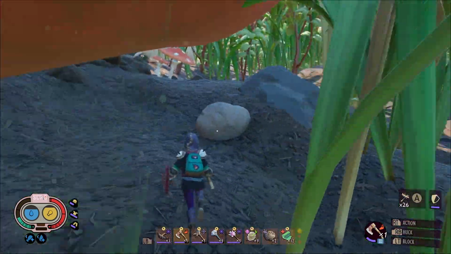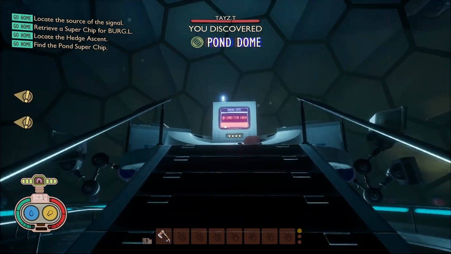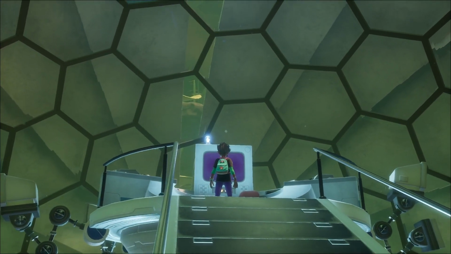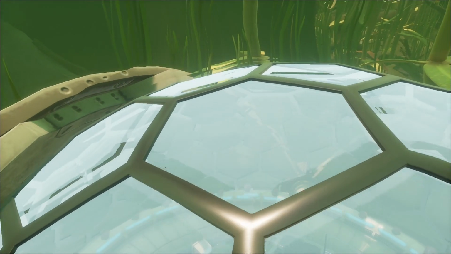The next myth today is: there's a new cutscene in 1.3. Now I know a lot of you have old saves, so you don't see some of the new stuff added in the 1.3 update. But if you go to the pond and open the dome, they added a brand new